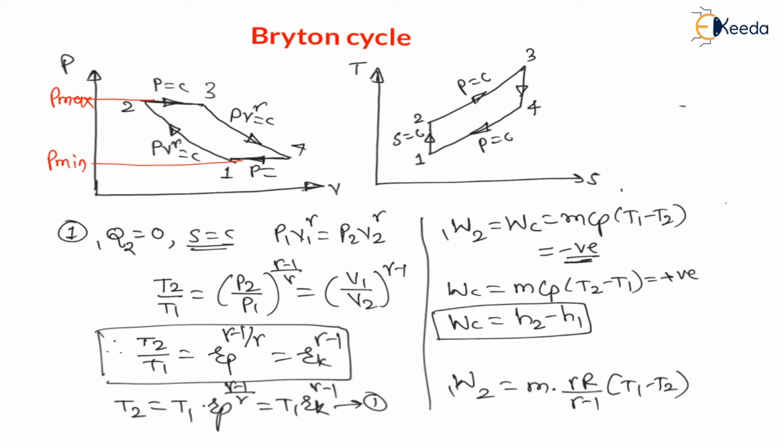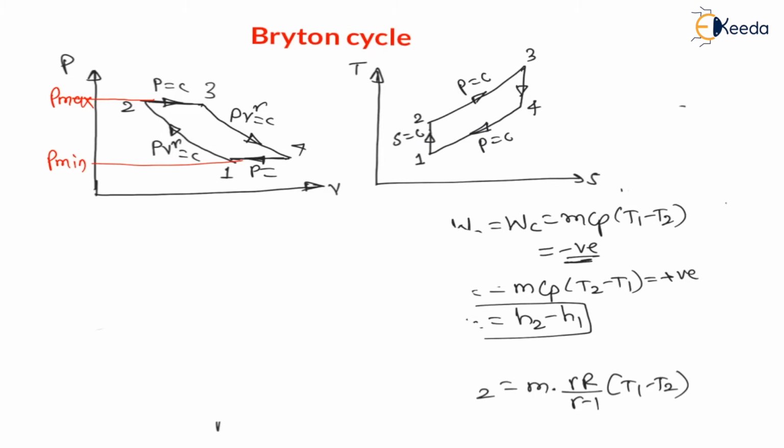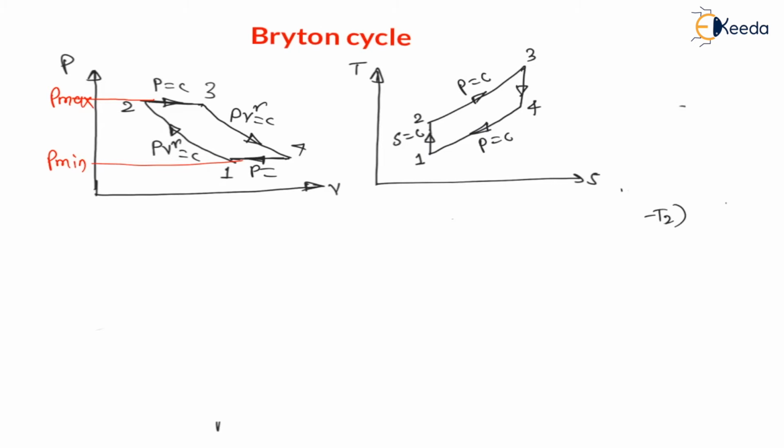Now note down these calculations for first process. Now let us do the calculation for second process. Here I am erasing the calculations of first process. These calculations are required later. Now let us do the analysis for second process. My dear students, the second process is constant pressure heat supply. It is constant pressure heat supply, means during this process heat is supplied.